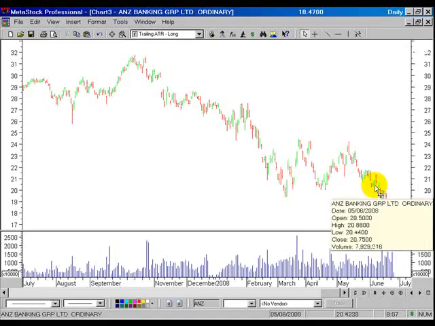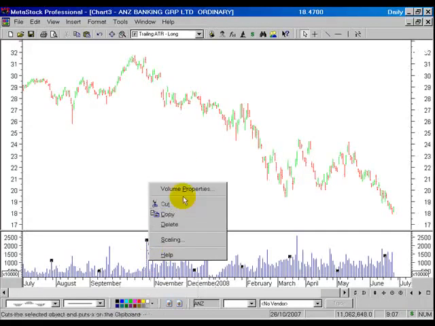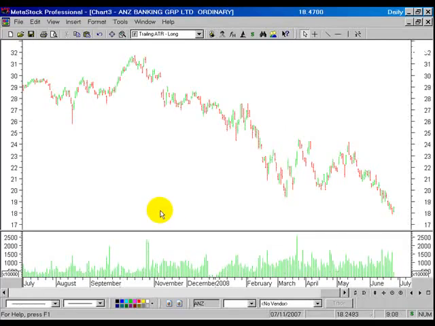Now people are quite comfortable with doing this, but of course the next step is ensuring that from now on every chart that we open looks like this. Likewise, we can come down to the volume, right mouse click on the volume, access the properties and change the colour to one that we wish, and there we go. Finally, and again this is just personal preference and the way I like to have it, I like to look